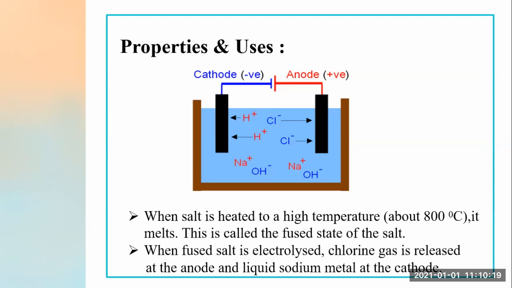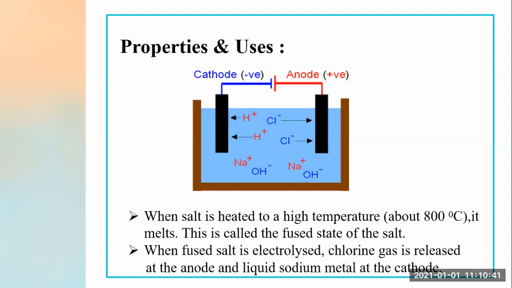As the cathode is negatively charged, the positive hydrogen ions get attracted towards the cathode, and chlorine ions are negatively charged, so they get attracted towards the anode, which is positively charged. Hence we found that hydrogen gas and chlorine gas are collected at the cathode and anode respectively. And the solution now consists of NaOH, that is sodium hydroxide. Okay, now we'll see the next point.